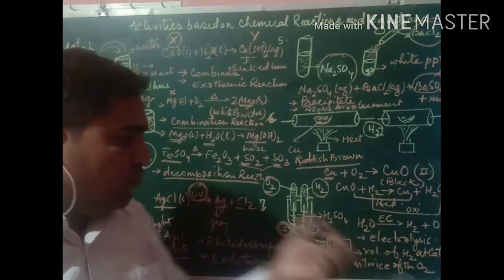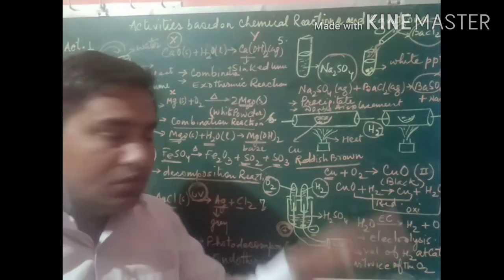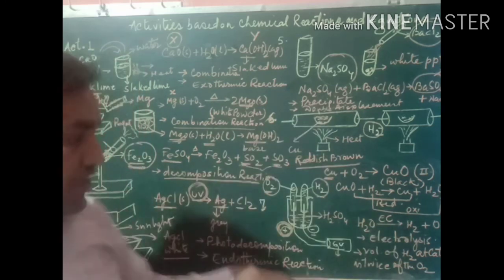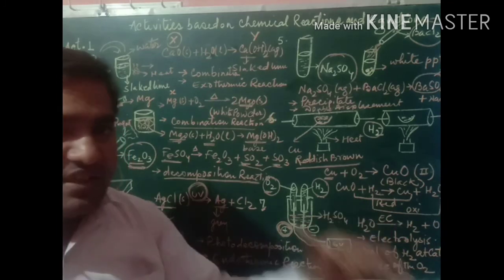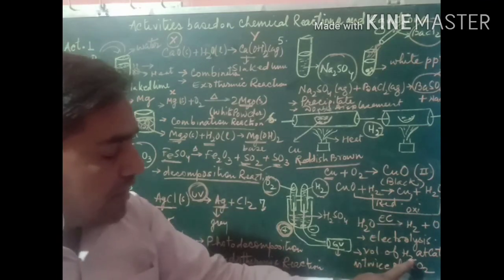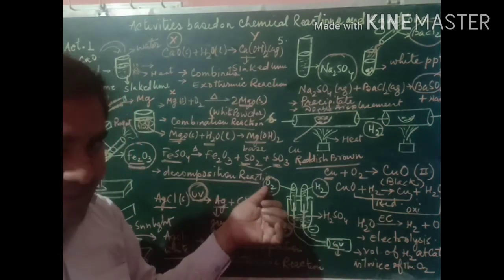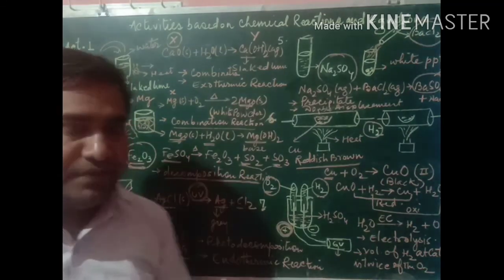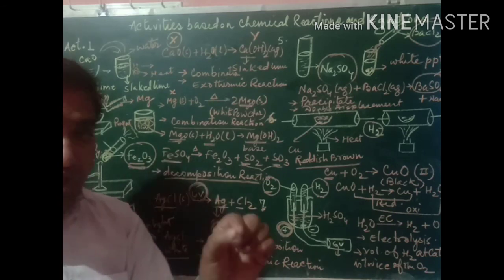When electrolysis of water is done, a few drops of H2SO4 are also mixed in to increase the rate of the reaction, otherwise it is a very slow reaction. So H2O is broken into H2 plus O2, that is electrolysis, or you can say electric decomposition. The volume of hydrogen gas collected at the cathode is double that of the oxygen at the anode. So these are some activities that I have explained, and definitely questions from these activities will come in the board examination.